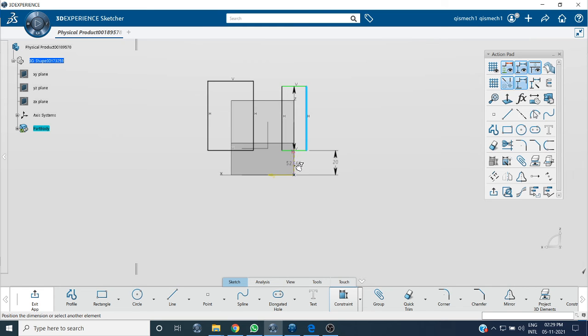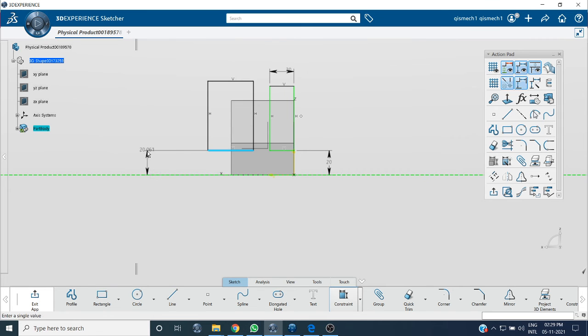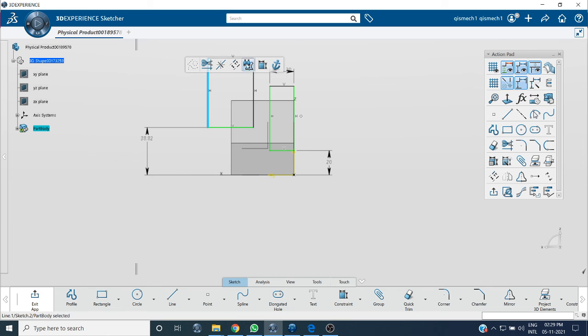I'm making it coincident, right click, coincident, and this length is how much? It is 20. And this height is how much? 38.82.